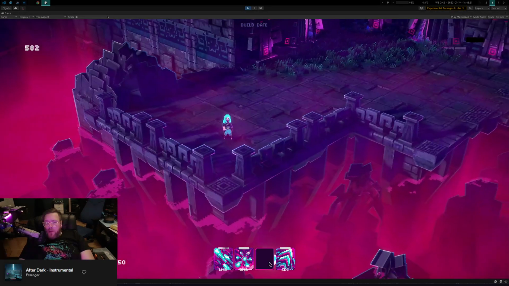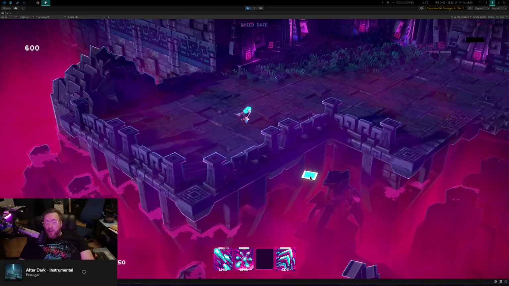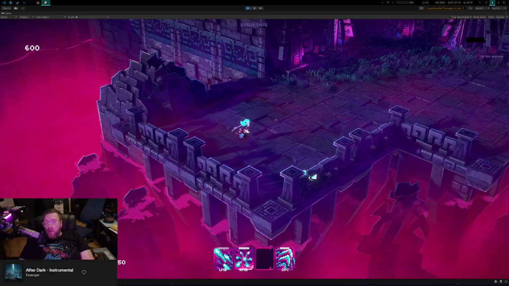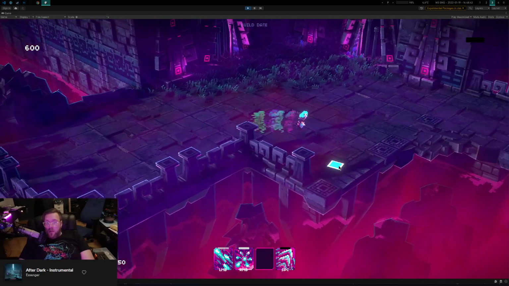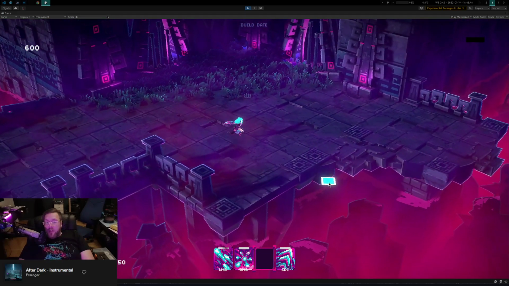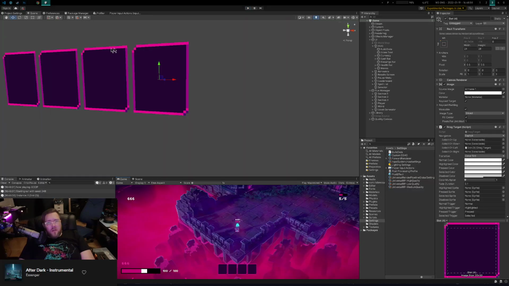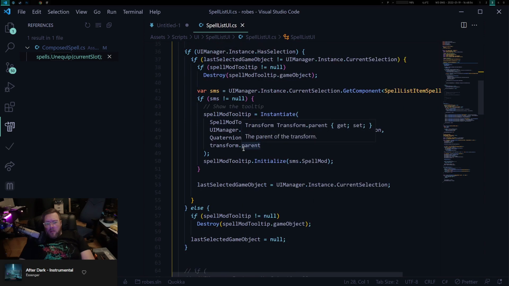Just because when I click this, I'm gonna be able to select things here, but I don't want it to be able to go into some other menu, and it's just a Unity thing. Also, when I have a selection here, I don't want to be able to move, which should be fixed, but maybe